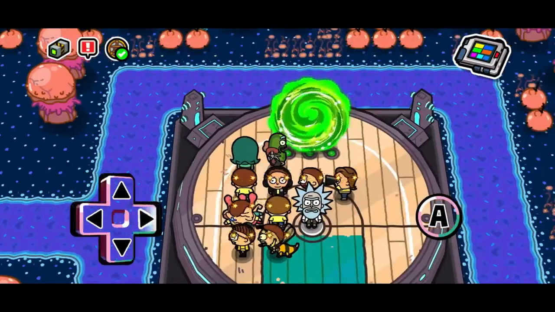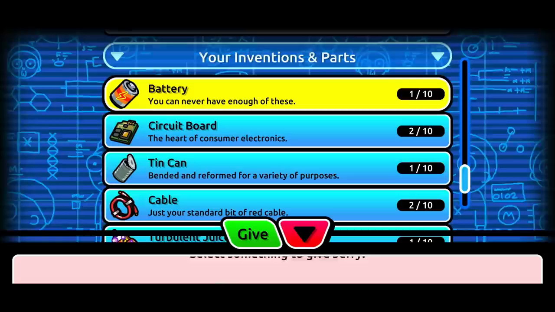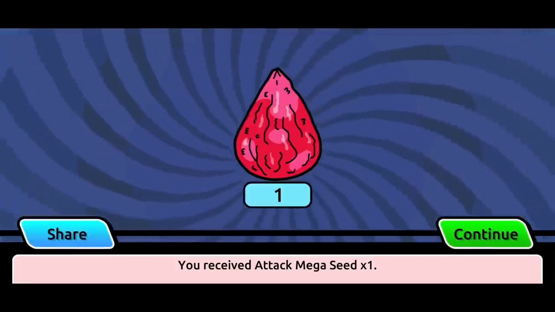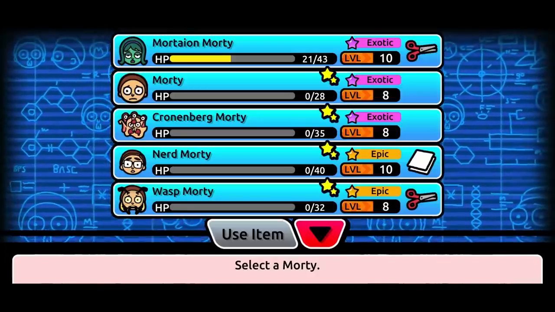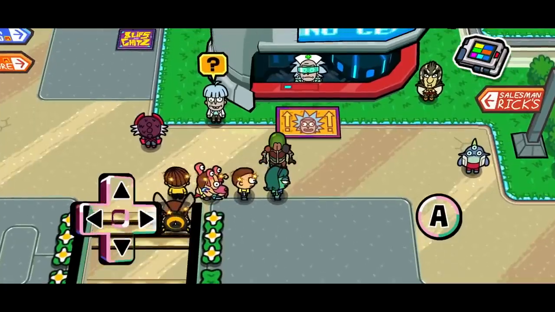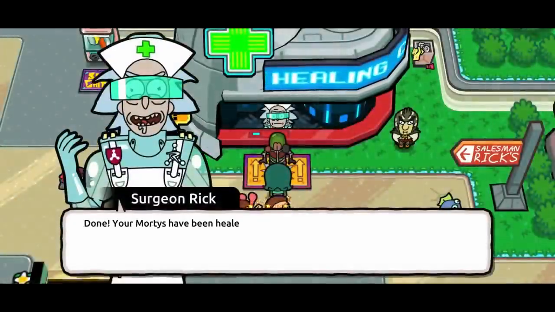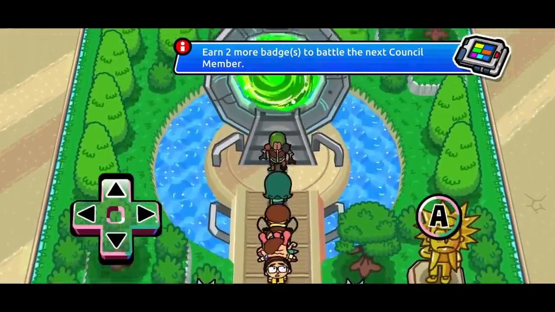As for now, I exited the portal, again running into Jerry, who this time I'd actually found a battery for. And in return, he gave me another attack mega seed. The game was just handing these things out like crazy. But after using it, I quickly made it to the healing center as 4 out of my 5 Mortys were dazed. And then continued my grind through the portals as I still needed 2 more badges until I could fight